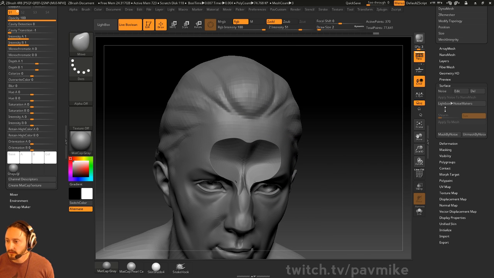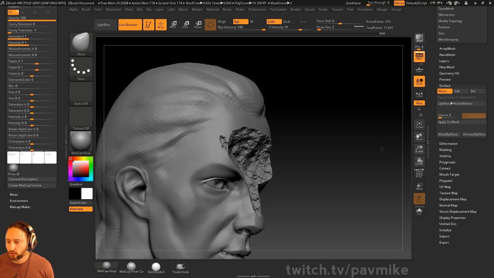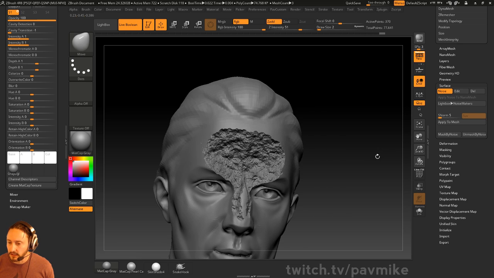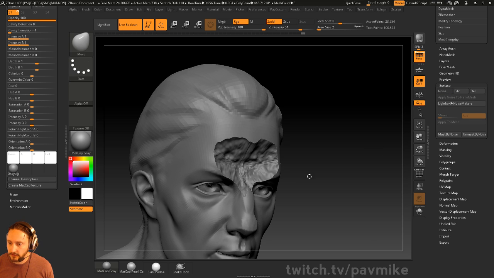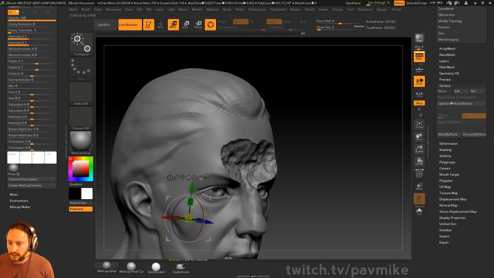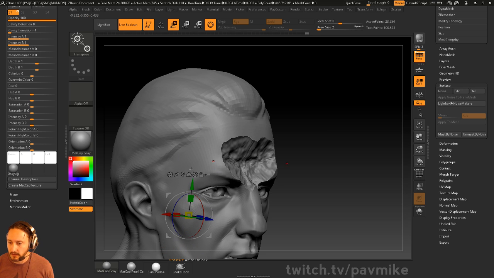So now the noise here looks cool, but it's not going to be applied if we do a union mesh. So what we need to do is, let's go ahead and divide this up. So when we apply to mesh, there will be enough resolution, and now we can create a union mesh for that. So